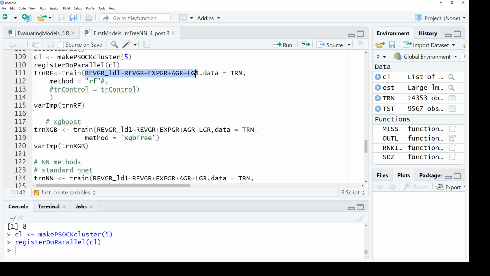But we're going to run this random forest. Notice it's set up the same way as we have in the linear model. There are other ways to set it up as well and reasons to use one or the other, but we'll use this for now. Pull from the training data. The method that we're going to use is RF. RF is random forest. So this part here is just to remind you that there are other things you can use to control how the training actually works. So we run this,